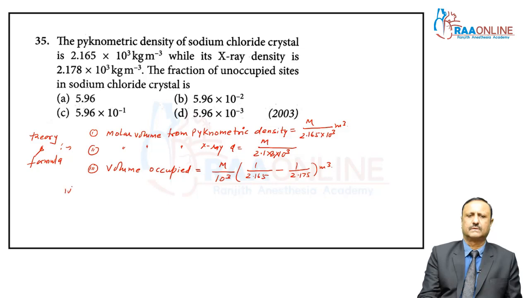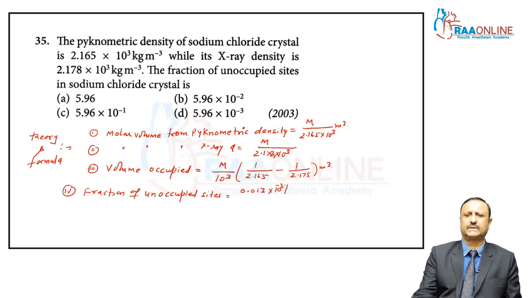Now, in the last question here, the fraction of unoccupied sites, my dear students, equals 0.013 into 10 to the power minus 3, divided by this whole, that means 2.165 multiplied by 2.175